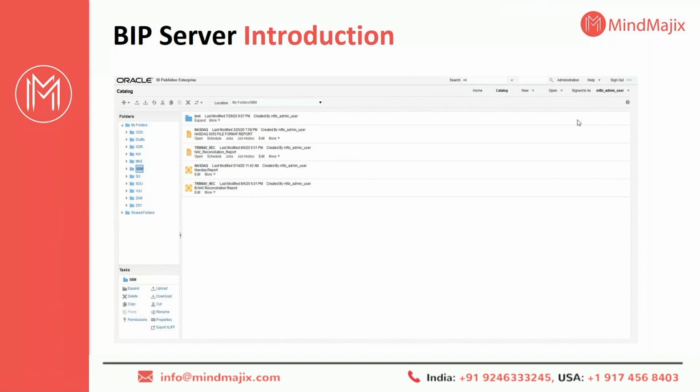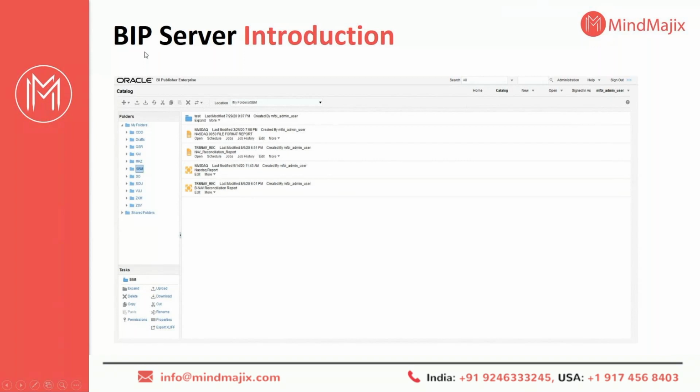Then there will be the author user, who has read and write access, and the consumer user, who will have only the run access. They can also define new user roles, and give permission or access to other users as well as to other components. Let us see what the components are.